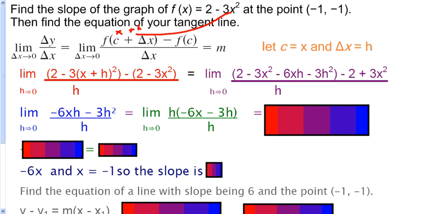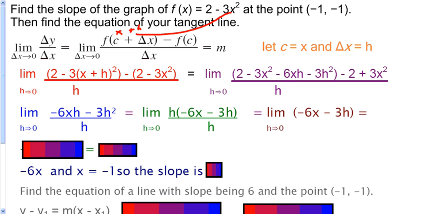Pulling an h out of the top, because we need that h in the bottom to drop out. We can't actually take our limit when we have an h in the bottom because we have a 0 down there and you can't divide by 0. So we pull the h out of the top, the h in the top then drops with the h in the bottom. Once we are at this step here, we no longer have an h in the bottom, so therefore